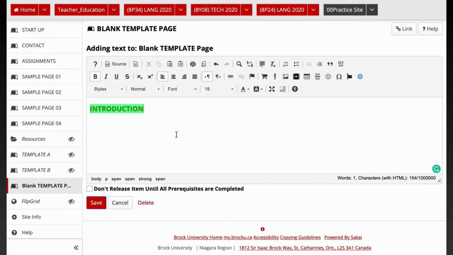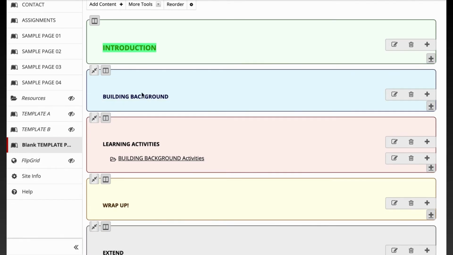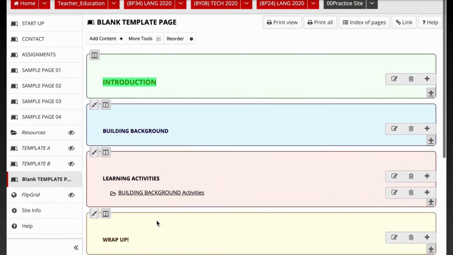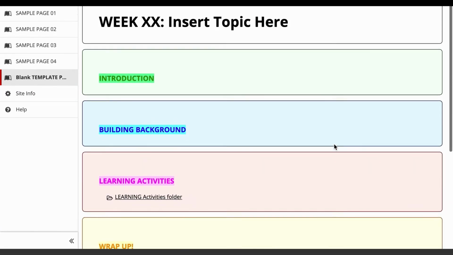I'll choose a nice green, and then you hit save, and now you can see I have that color here in this section. So I'm going to go through and color code all of this section now, and I finished color coding all of my